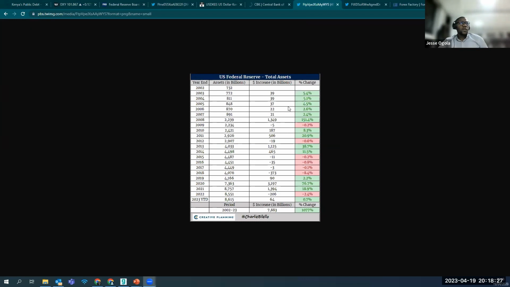This is a chart of the Fed balance sheet since 2002 all the way to 2022, at least, year to date. You notice during the two significant periods I'd like to mention, 2008, when we had the financial crisis, the Fed balance sheet grew by almost 1.3 trillion over that time, meaning that there was a lot of printing. When I say printing, I mean that the Federal Reserve basically buys securities. Remember earlier I mentioned that